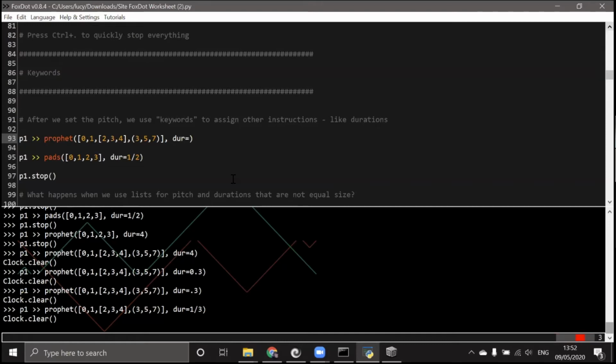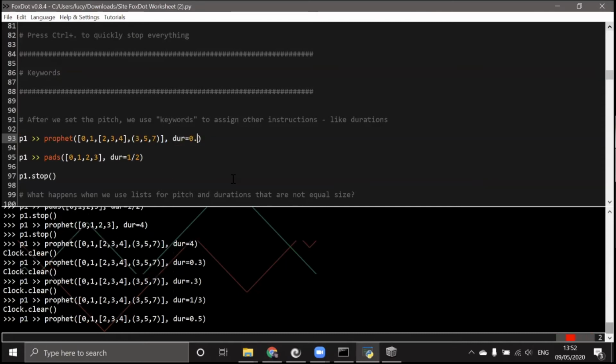I don't understand that very well myself, so I can't explain it to you, but you can go online and find out about that if you want to. If you know a bit about Python, it'll probably make a lot more sense in terms of how Python interprets numbers. But really, for the purposes of what we're doing today, you just need to know that you can use either fractions or decimal numbers. It doesn't matter. So dur equals 0.5